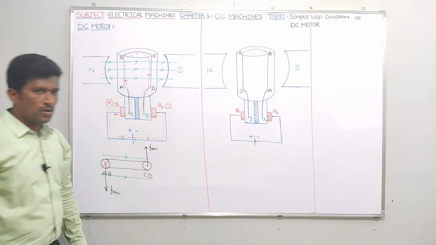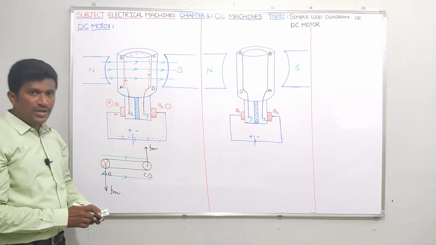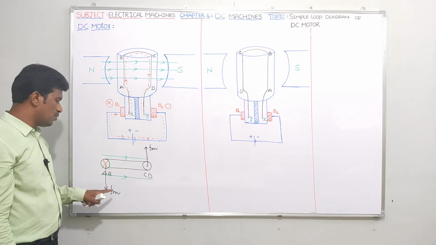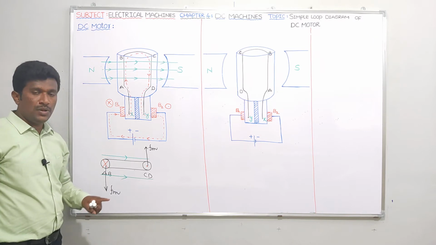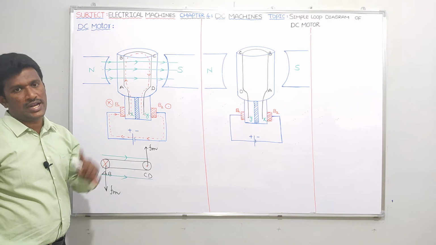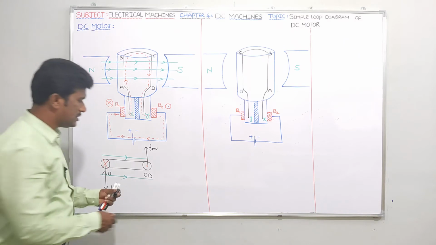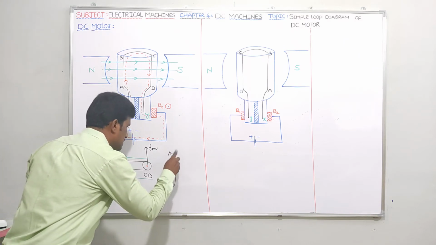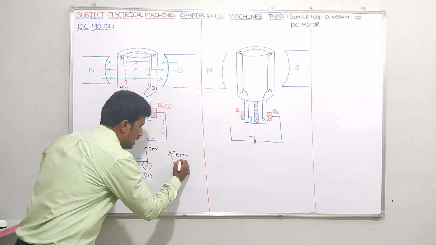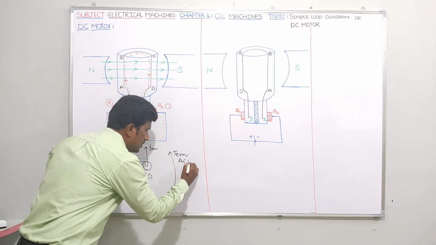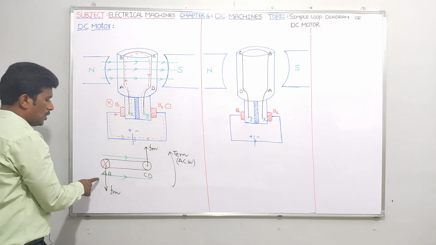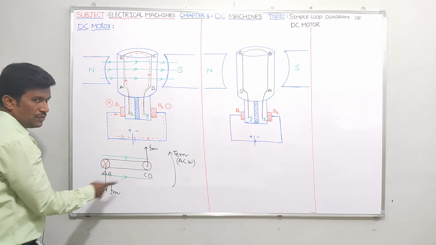Upwards. Now tell me, guys, for having tangential motion upwards at CD and tangential motion downwards at AB, what might be the torque which is produced because of motor action? It should be in the anti-clockwise direction. See guys, this electromagnetic torque, which is because of motor action, should be in the anti-clockwise direction only. Then only I'll get tangential motion upwards at CD. Then only I'll get tangential motion downwards at AB.